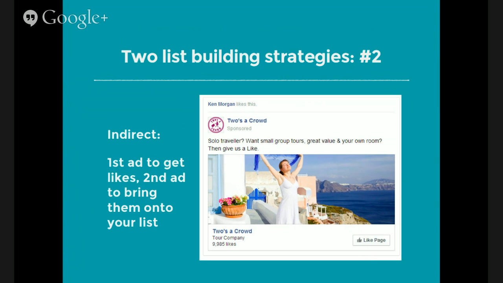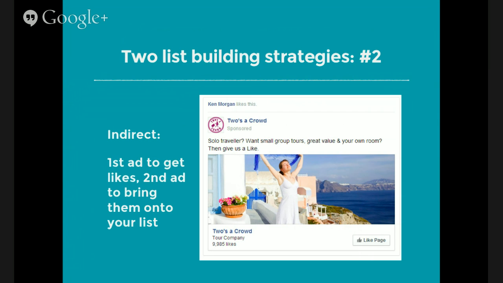So he really thinks that is essential to getting really inexpensive likes, but targeted likes, people in the right demographic for him. So then this would be the ad to get the likes on a page, and then I don't have an ad to show you, but he just gets people onto his list with a different ad that really just looks like an organic Facebook post, but that just gets boosted, if you will, but correctly, and more people see it.